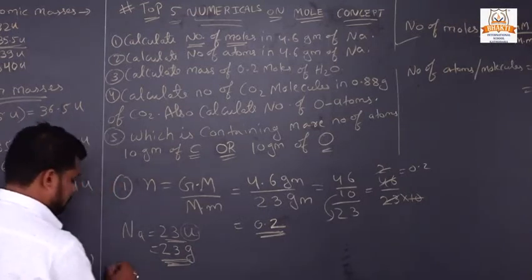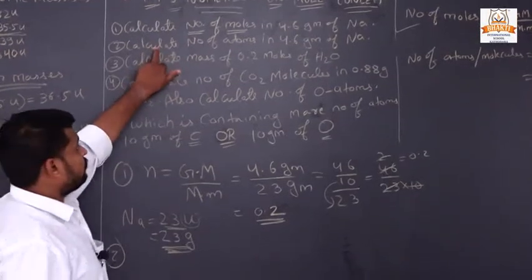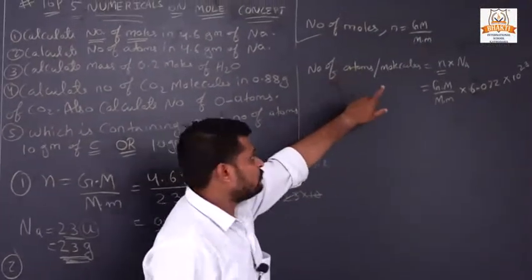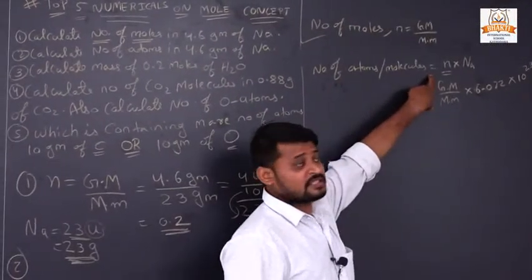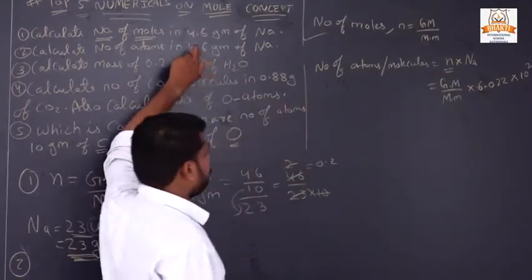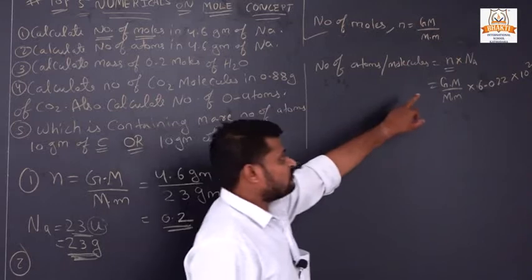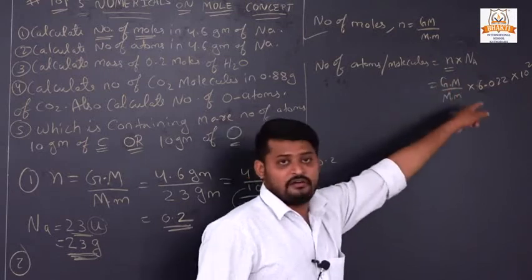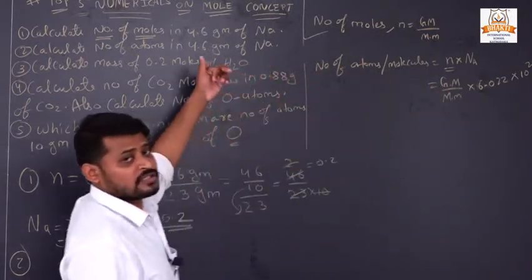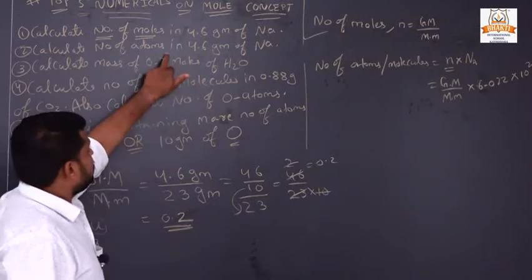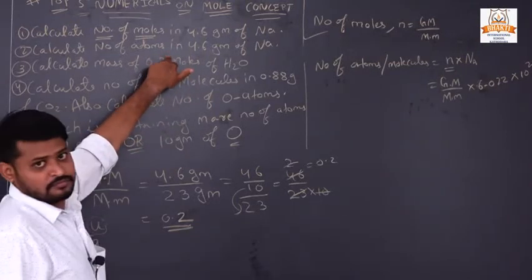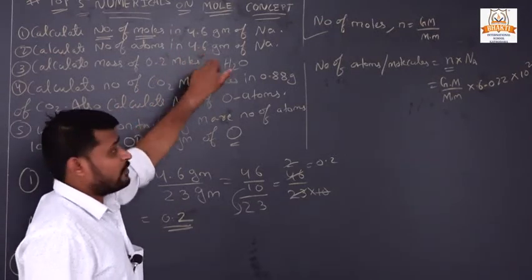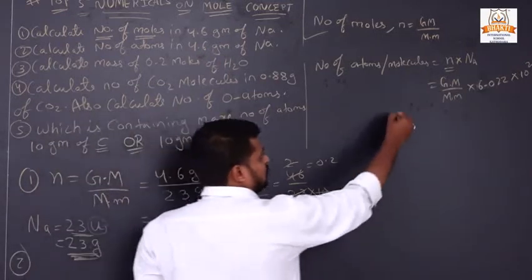Now the second question. In that question we have to find the number of atoms. When we are finding the number of atoms, we have to use these 2 formulas. In that only one formula we are using, but it all depends on which we will use: number of moles into Avogadro number, or given mass upon molar mass into Avogadro number. It was all based on what was the given data in the question. In that we didn't have number of moles. Instead we have molar mass and given mass, so we will use this formula.